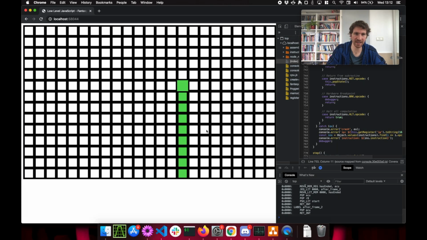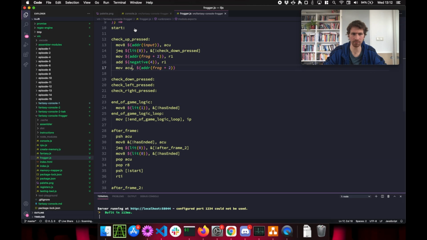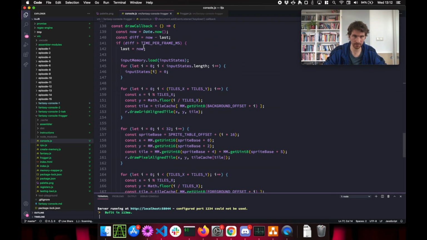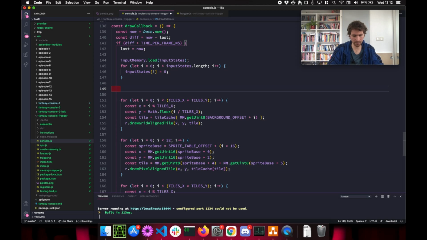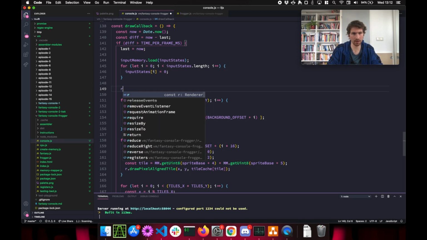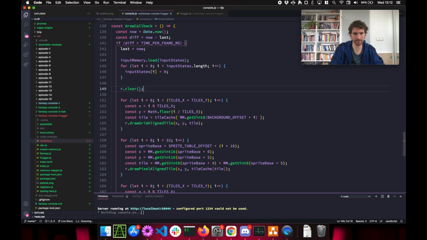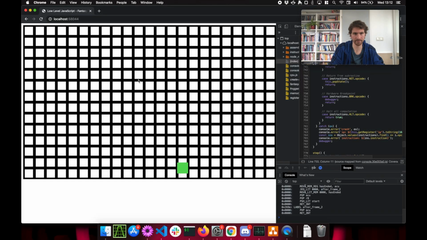What we're seeing here is that it's going half a tile, then the other half, and the renderer never clears the canvas, apparently. Even though we did write that into the renderer, it just doesn't happen. So at the beginning of a draw callback, if we've made it through, I'm just going to say r.clear. All right,